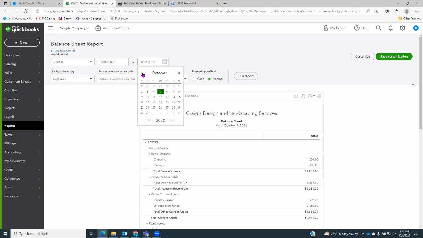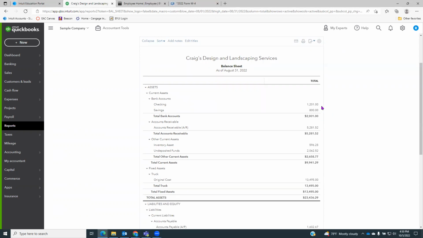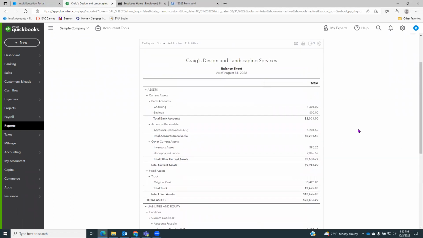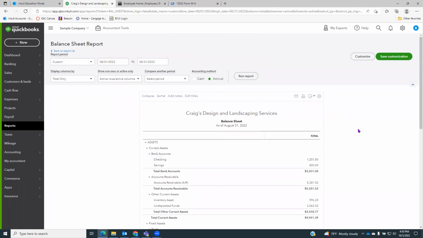Again, in real life, this is actually easier. You know exactly what month you're looking at, and you'll have data in your months. So I'm going to hit run report, and that's going to show me my assets and my liabilities and my equity, not for the month of August, but at the end of the month of August. That's an interesting differentiation, that income statements show us our revenue and expenses over a period of time,